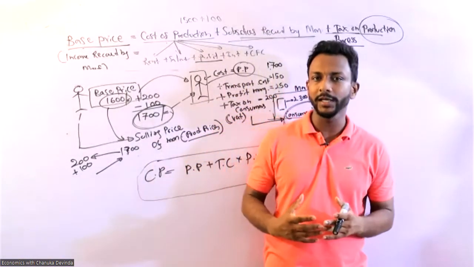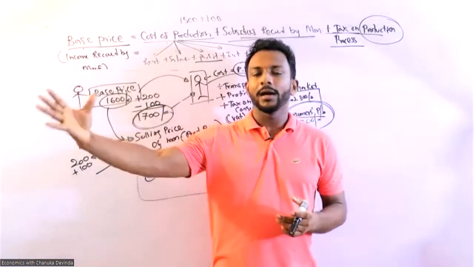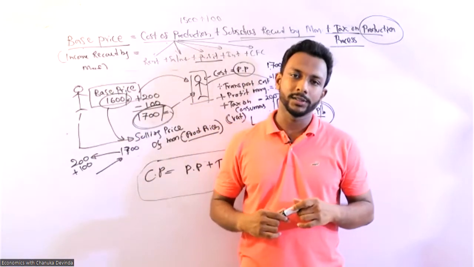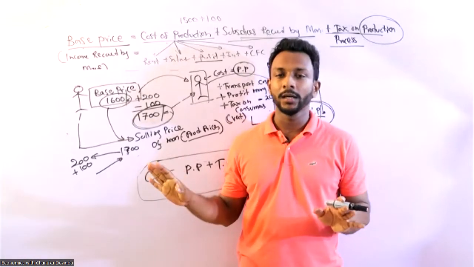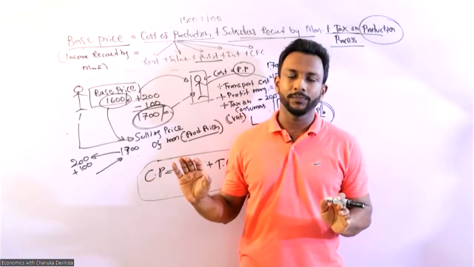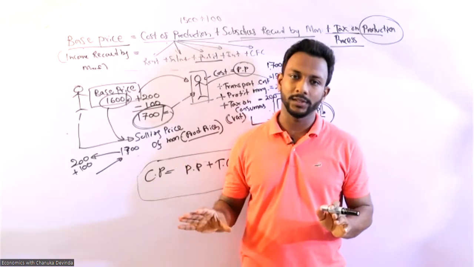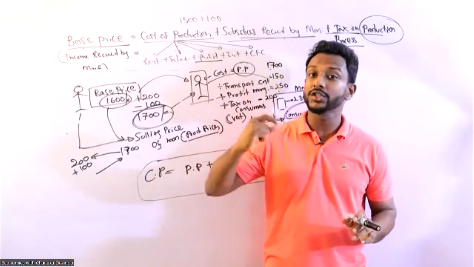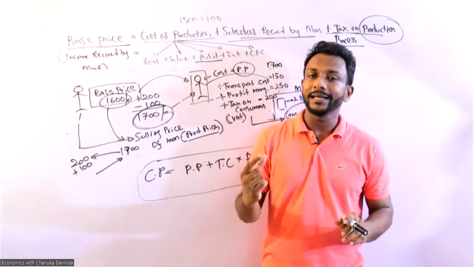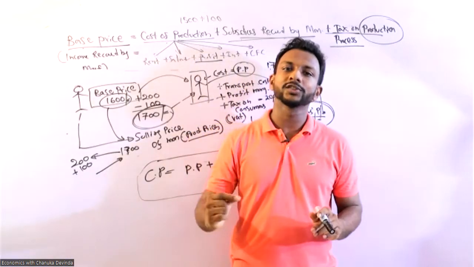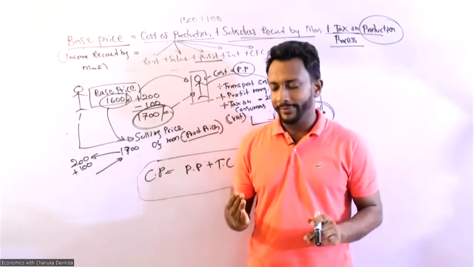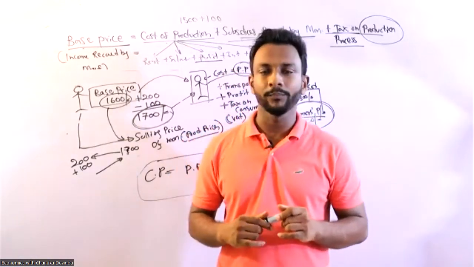Tax on products means when I send them to the market, there's a tax that should be paid by the manufacturer. That is the tax on products. But tax on production means any tax on the production process, right? That means, as an example,